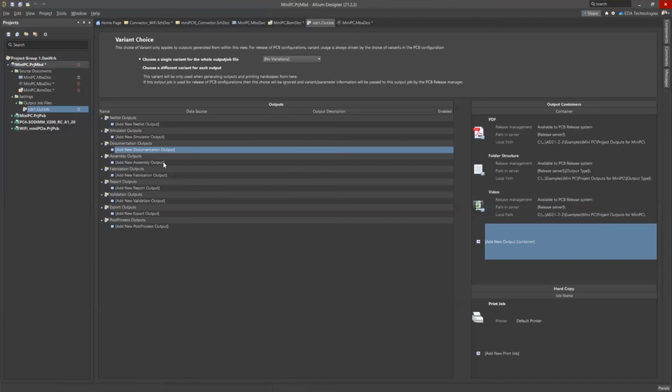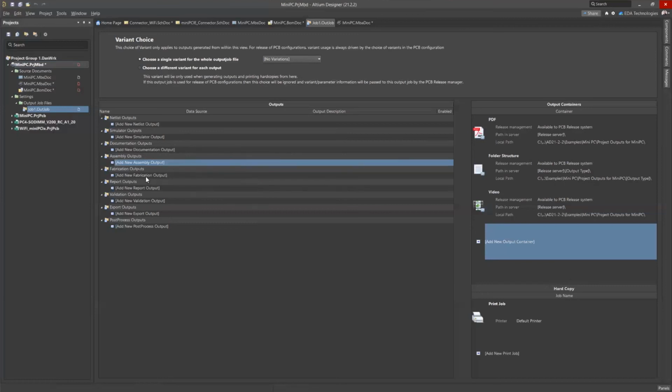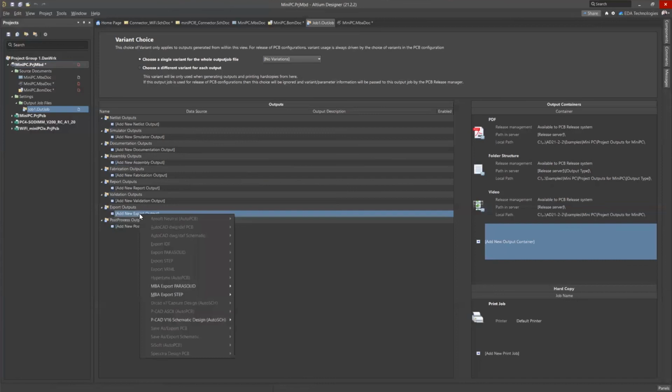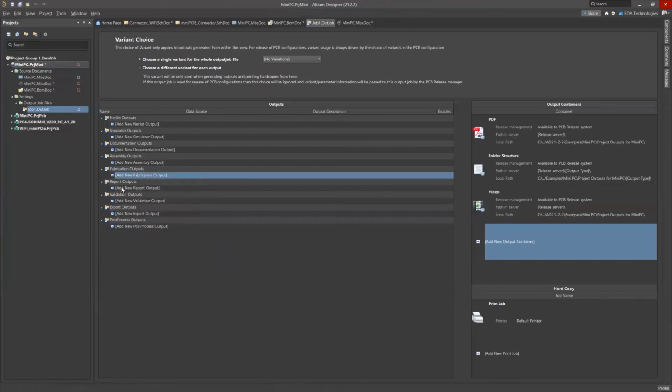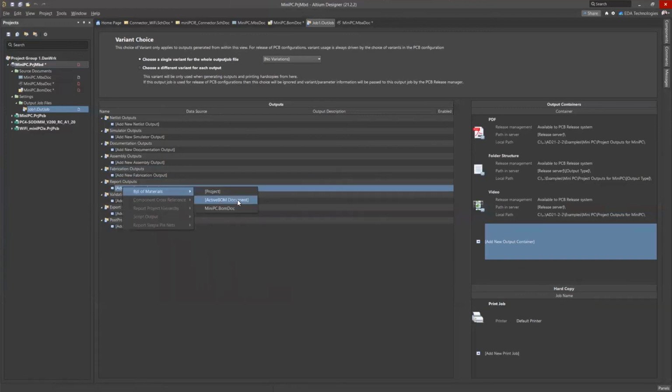Then on the assembly outputs, you can see that you can't really add much there. But for exports, you can export a STEP or Parasolid, so basically 3D CAD models of your multi-board assembly. In case you don't have the enclosure yet, you can output the entire assembled unit, the assembled boards as a unit, and send that through to your MCAD department so that they can make up an enclosure for you. Under fabrication outputs, report outputs, you can generate your bill of materials from the active BOM,